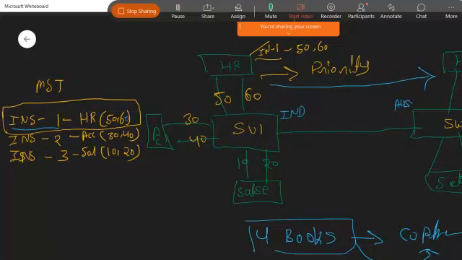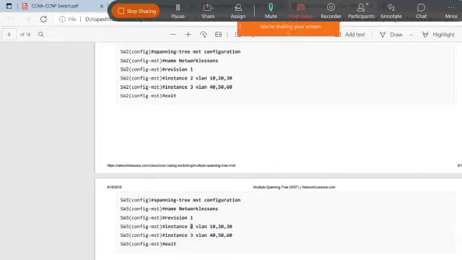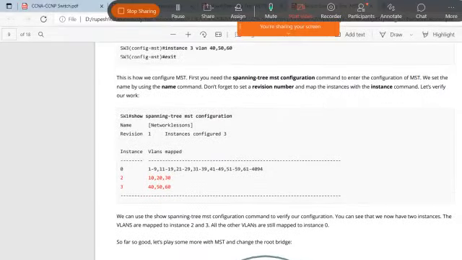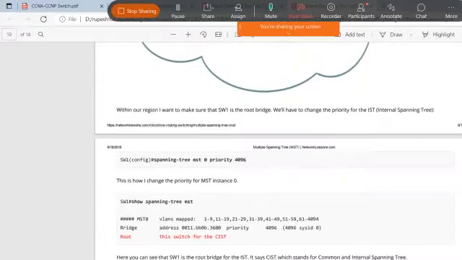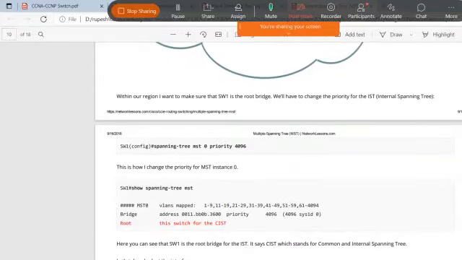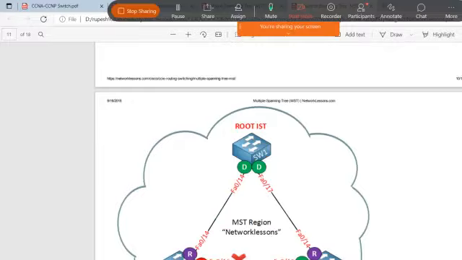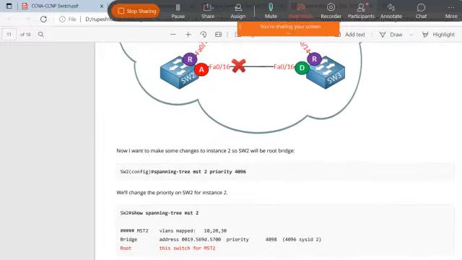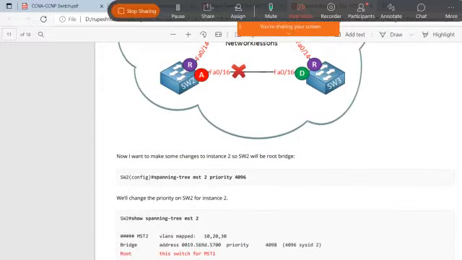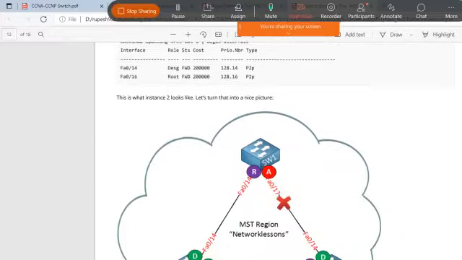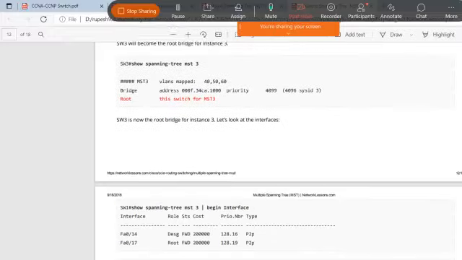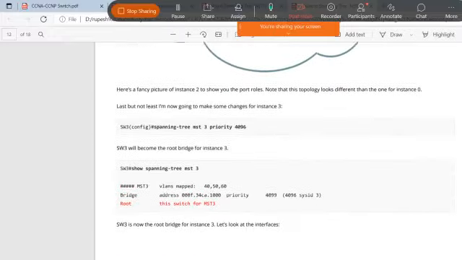So for instance one, we are going to set the priority. How can we increase the priority? With this command, right? That is spanning-tree mst, and then whatever priority you want to give it. So this is what you can do regarding the priority and all the things. As you can see.